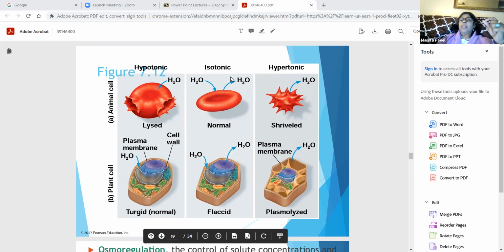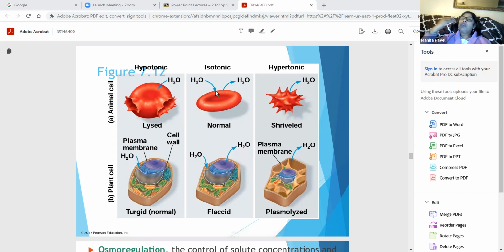Now, what then is an isotonic solution? Iso is derived from the Greek word isos, which means same or equal. So when the concentration of solute outside the cell is the same as that of inside,